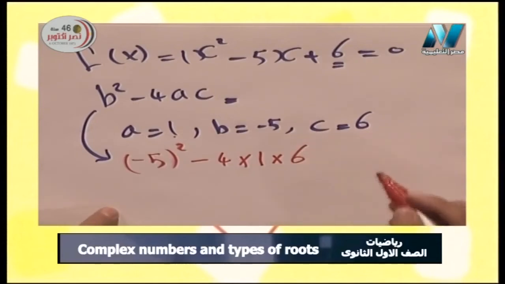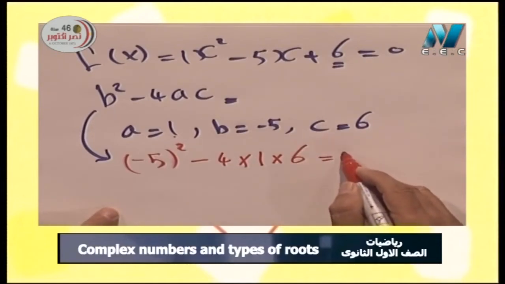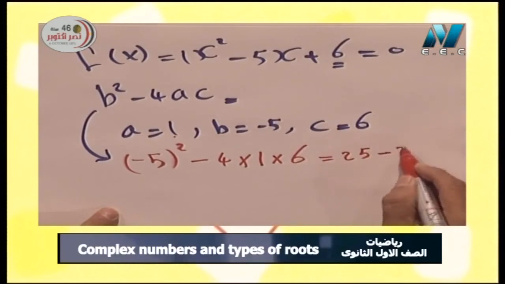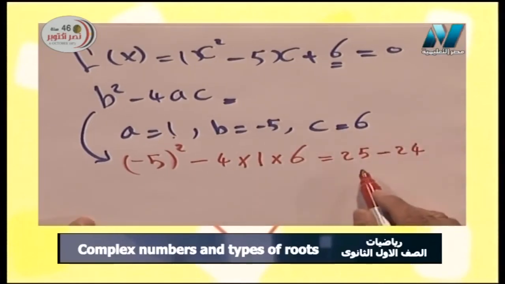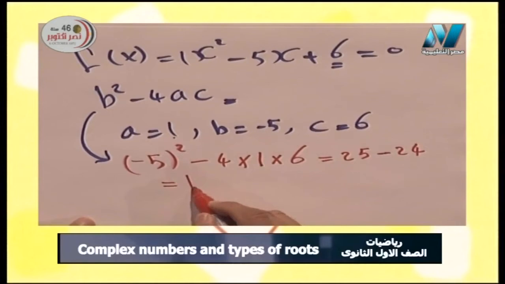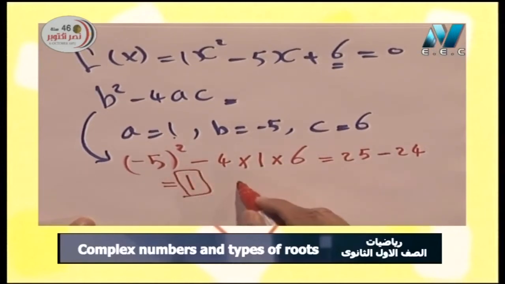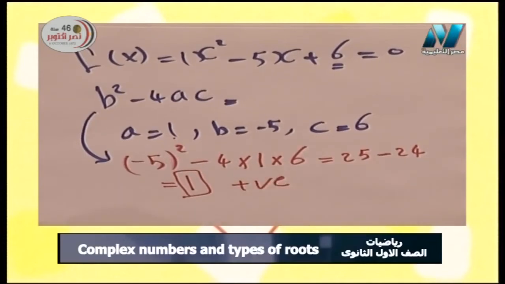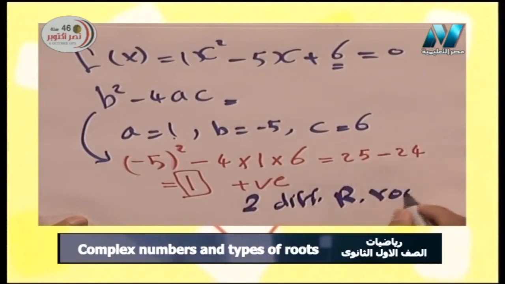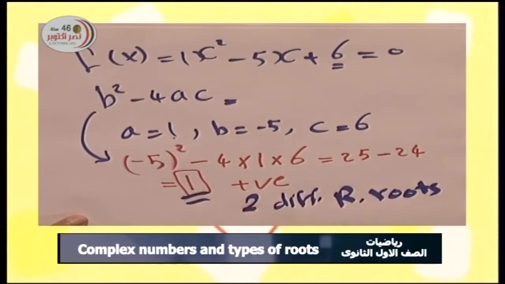Okay, it equals 25 minus 24. 25 minus 24 equals 1. Ask yourself, is it a positive or negative number? Yes, it is a positive number. So what is the type of the two roots? If the discriminant equals a positive number, we have two different real roots. Okay,